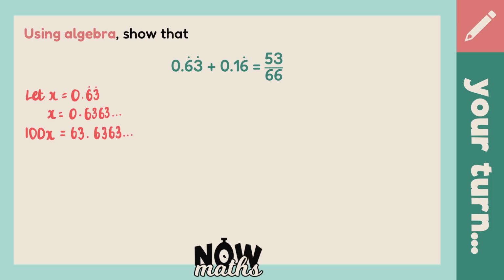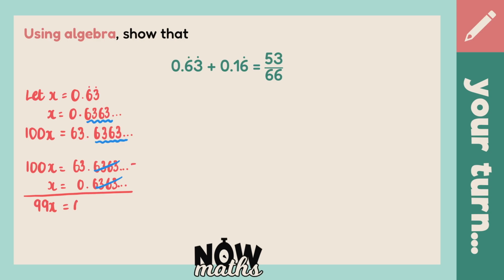Now these two decimals match perfectly after the decimal point, so we're going to subtract. And 100x subtract x is 99x. Then subtracting the decimals, the recurring part will cancel, and 63 subtract 0 gives us 63. Then solving our equation of 99x equals 63, we can divide by 99 to give us x equals